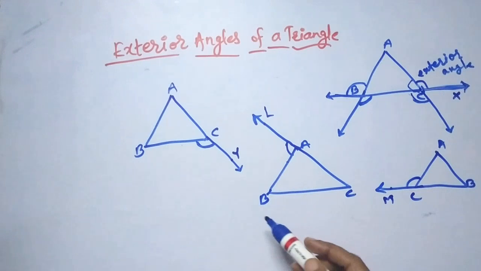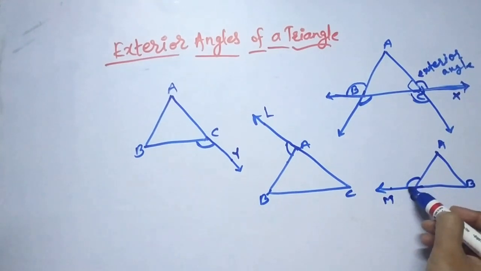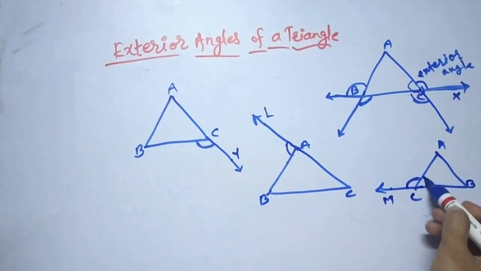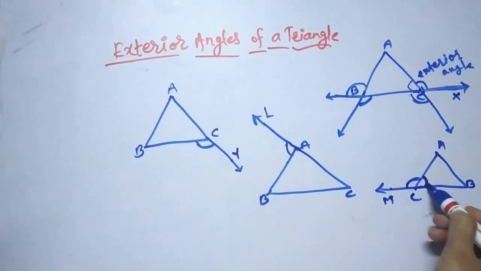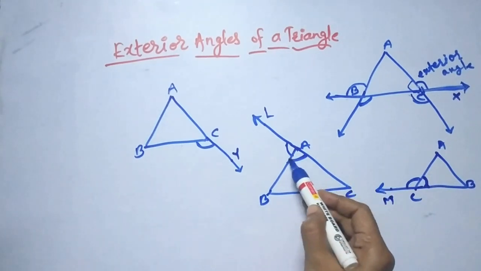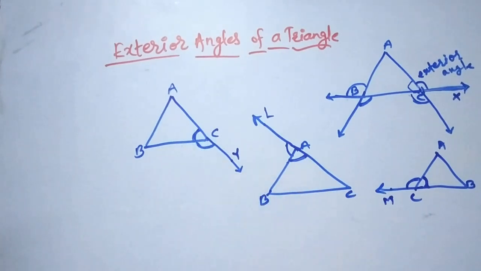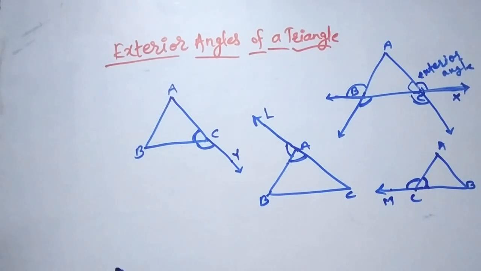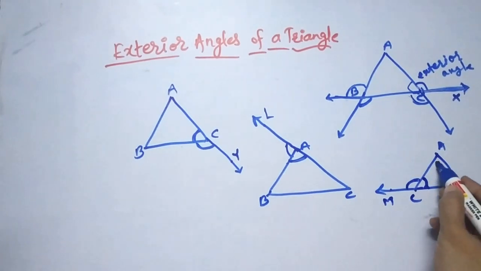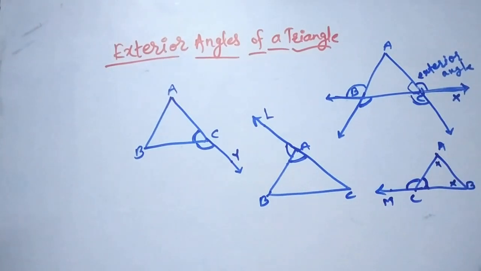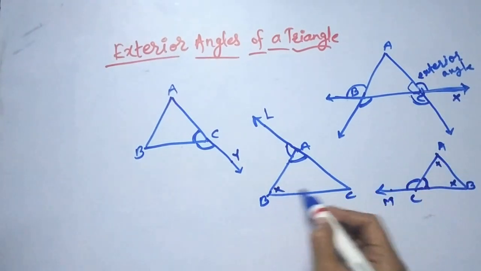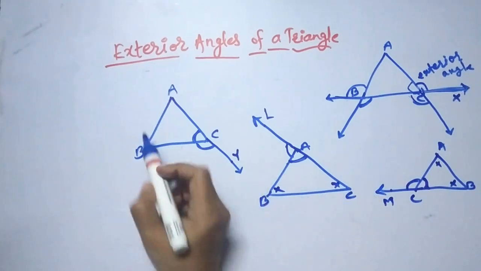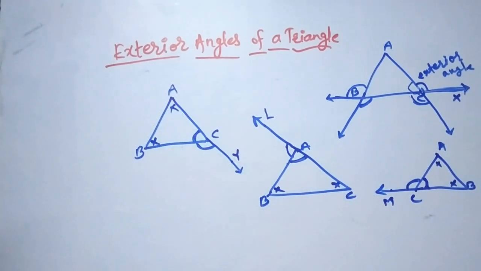And friends, always remember an exterior angle has one adjacent interior angle also. Like this is an interior adjacent angle, and this is also an interior adjacent angle. This is an interior adjacent angle. So exterior angles also have an interior adjacent angle, and the remaining two angles which are available here are the opposite interior angles. In this case these are opposite interior angles. In this way these are opposite interior angles. So among these concepts we will see what the exterior angle property is.